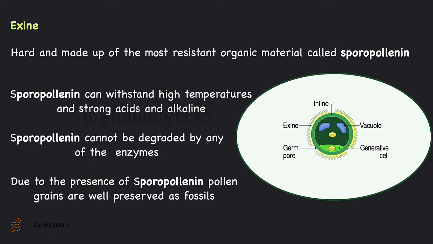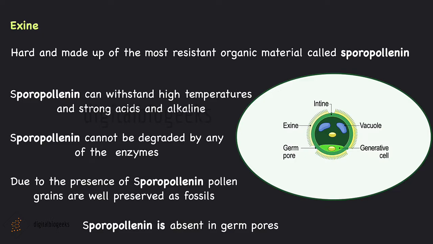This outer layer exine has prominent apertures called germ pores. These are the germ pores. Sporopollenin is absent in germ pores. Do you know why the sporopollenin is absent in germ pores? This is because these germ pores help in the formation of the pollen tube and the release of male gametes